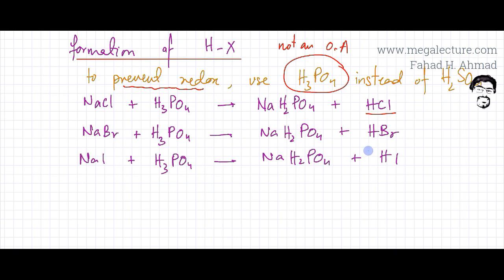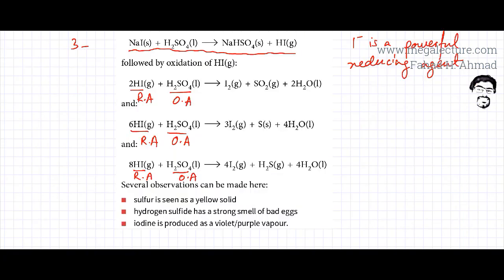Same is the case with NaBr. It's going to produce HBr. NaI, it's going to produce HI. The reactions are pretty similar, except for the fact that afterwards there's not going to be any redox reaction because H2SO4 is missing. For example, in the previous reaction, it was not only HI that was formed that was acting